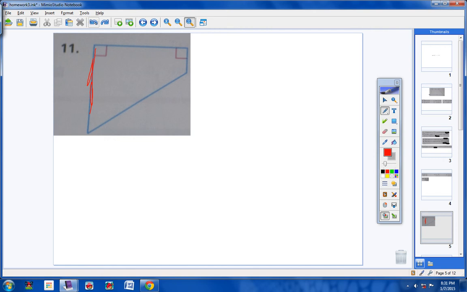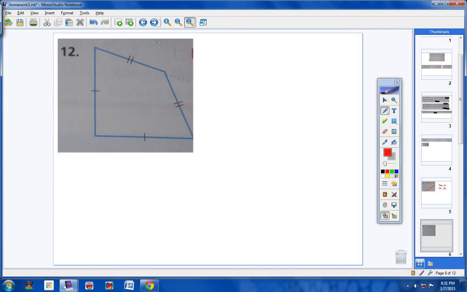And so we do have a trapezoid, yes. But is it isosceles? No, not at all. There's no way this side here is congruent to this side over here. So no, it is not isosceles. Yes, we have a trapezoid. No, it is not isosceles. Okay. Number 12. Well, I mean, guys, look, we have no way of knowing if we have any parallel sides